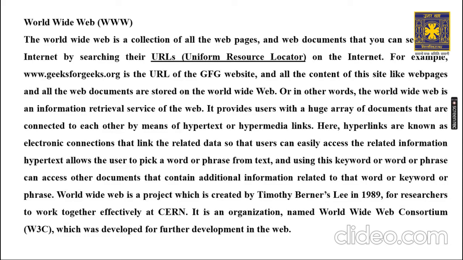Suppose you want to find out the website of a school. Suppose the school's name is abc.school.in. So how to reach that? You write HTTP, then colon, then double slash, and then you go to that school's website. So the full thing is the URL, the resource locator. Why do you call it Uniform Resource Locator? Because it is unique. So for example,